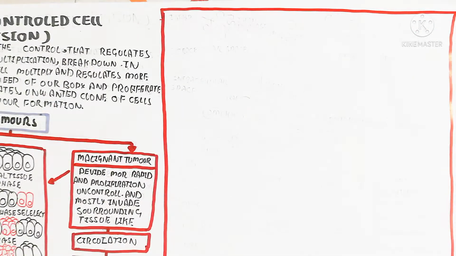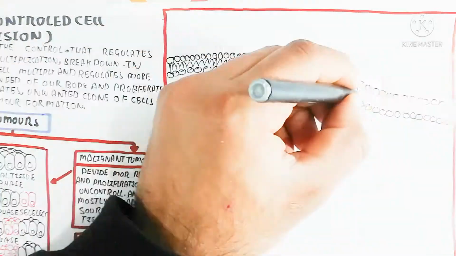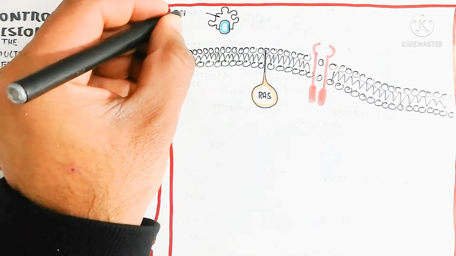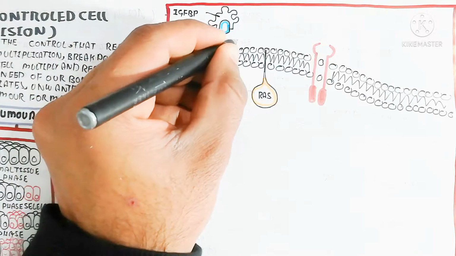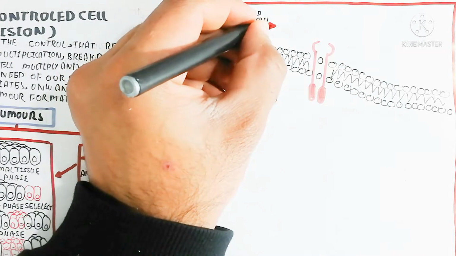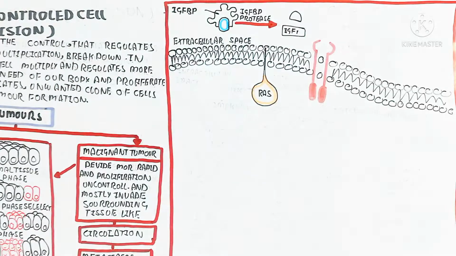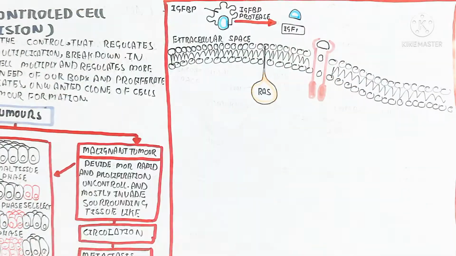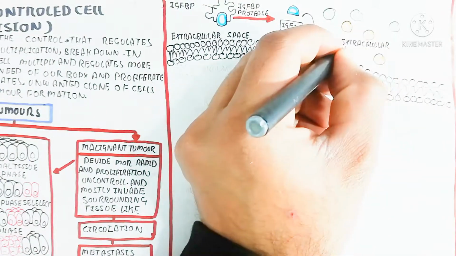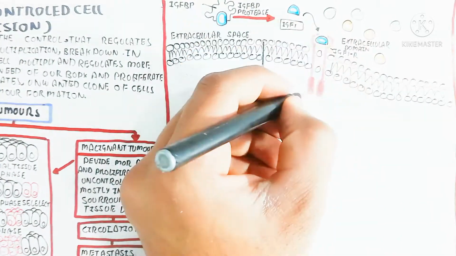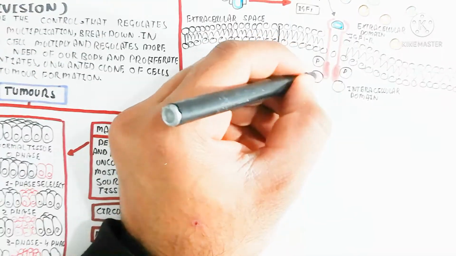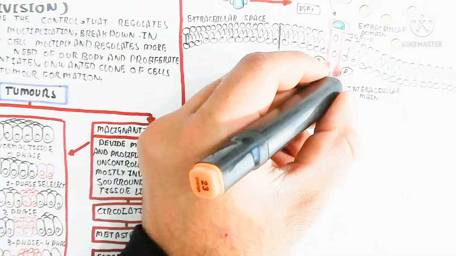So here I am drawing the plasma membrane. This is a plasma membrane. This plasma membrane is made up of a phospholipid bilayer. Here is the extracellular matrix, extracellular space, and intracellular space. So here the insulin-like growth factor binding protein will bind and will not allow rebinding, but the insulin-like growth factor binding protease enzyme is used for debinding to release IGF-1, which will bind with the tyrosine kinase receptor. The insulin-like growth factor 1 receptor basically has an intracellular domain and an extracellular domain, which after binding